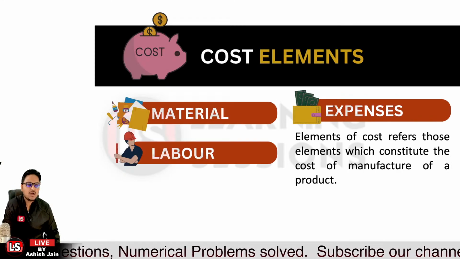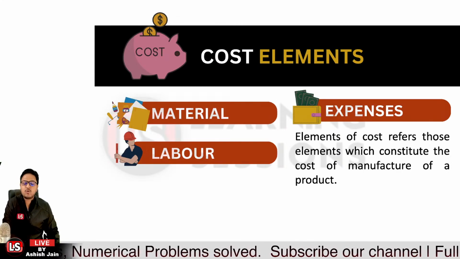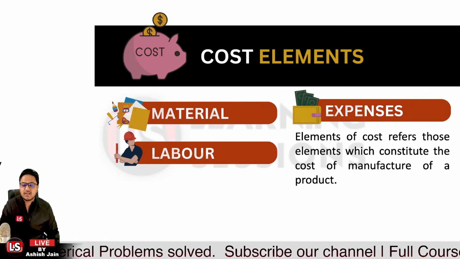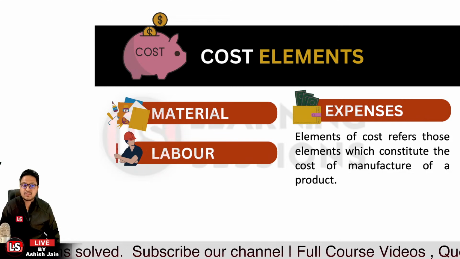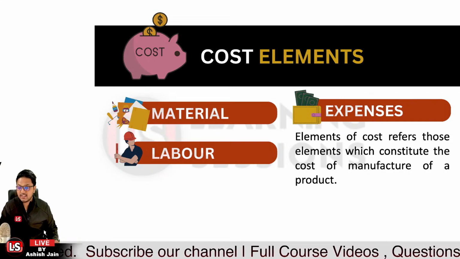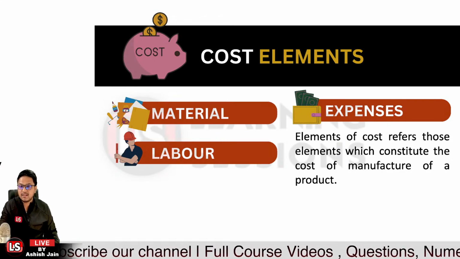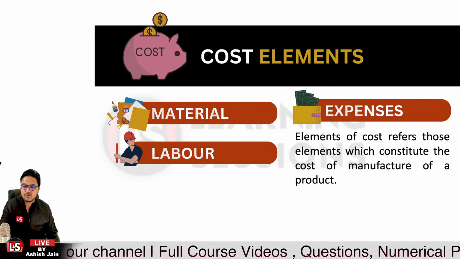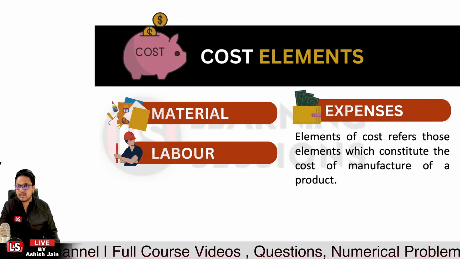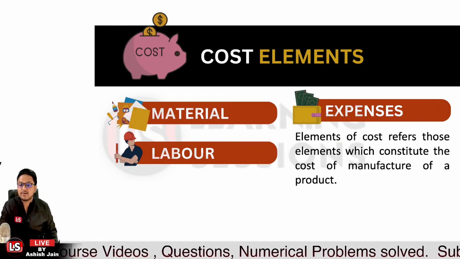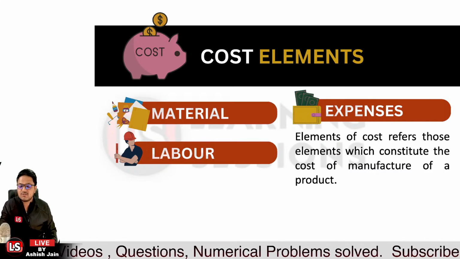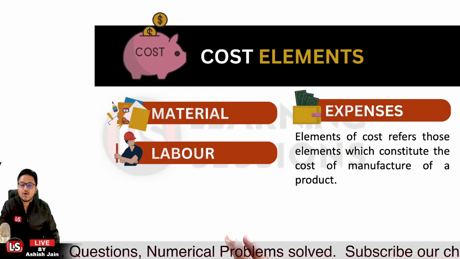Okay. Now the next is related to the fact that we have different parameters in case of the cost. There are different elements. Now these different elements are related to what? I just told you by way of example when we read about costing itself, that in case of costing you may have different expenses. Those expenses may be related to the material, the labor, or there may be other